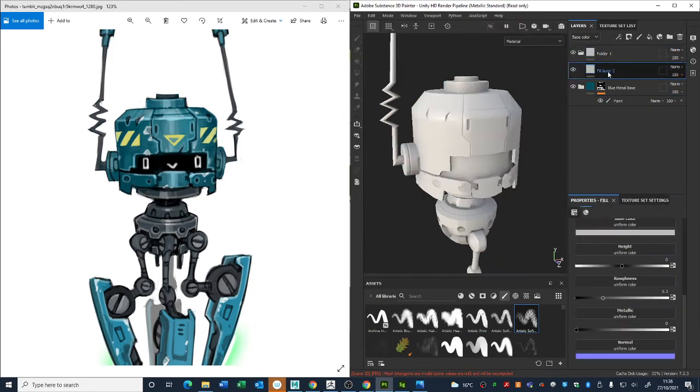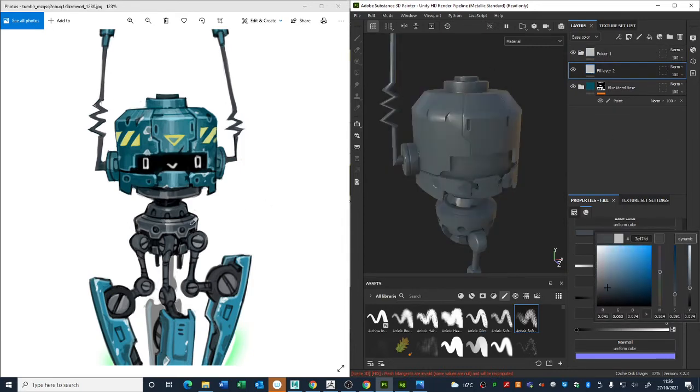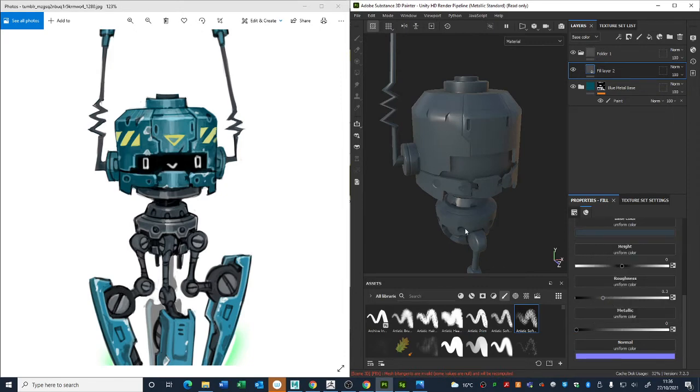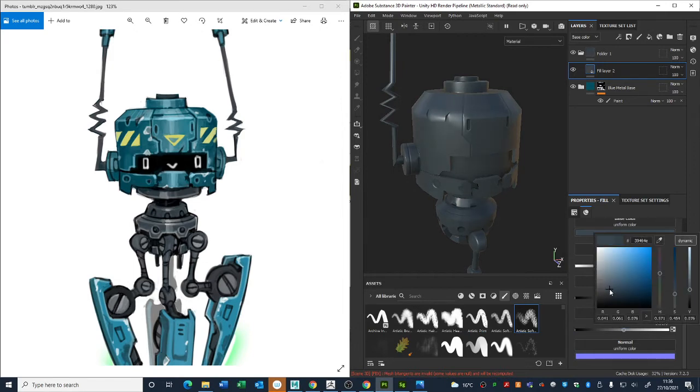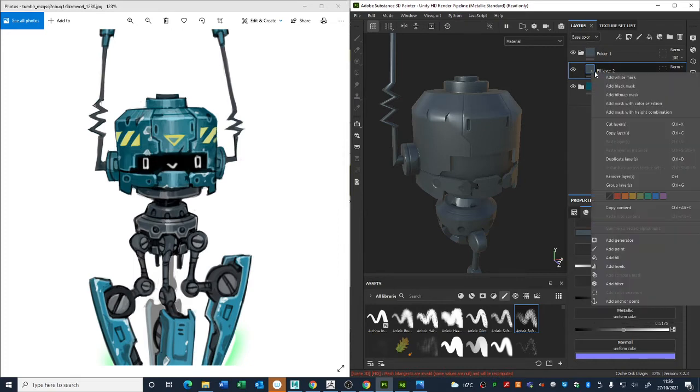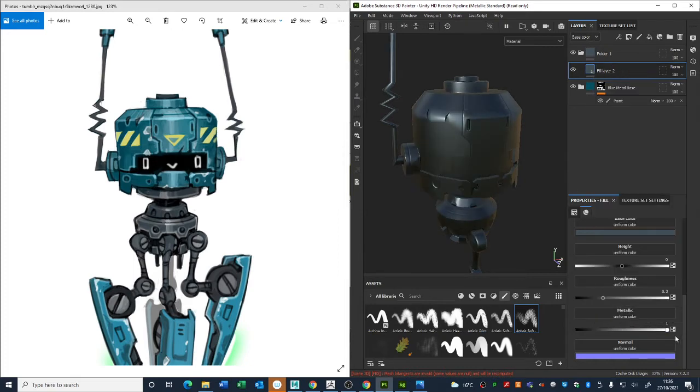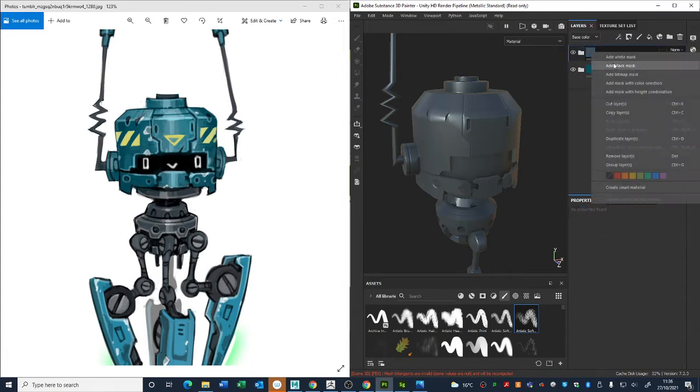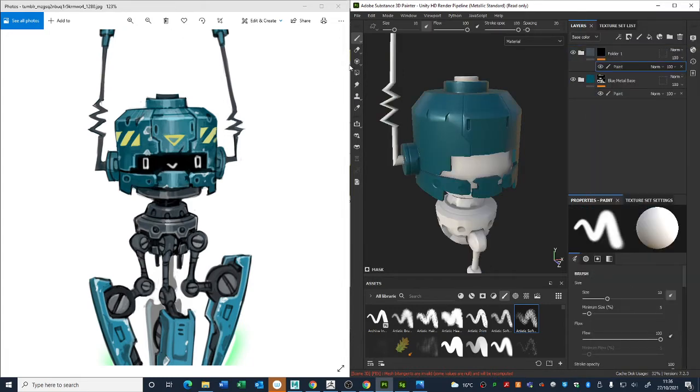I would make one for the dark gray bits. So I'll quickly just select the dark gray here. I think the roughness for this is pretty good already. I'm just gonna make it a little bit metallic and maybe a little bit lighter as well, because I want the metallic to actually be visible. What if I make it really metallic? Nah, too much. And I'm gonna add a black mask to this as well,